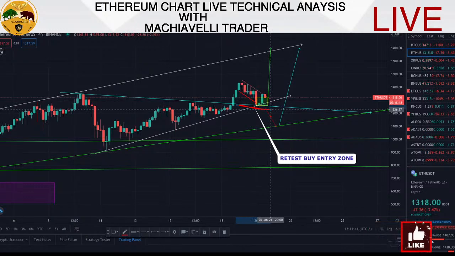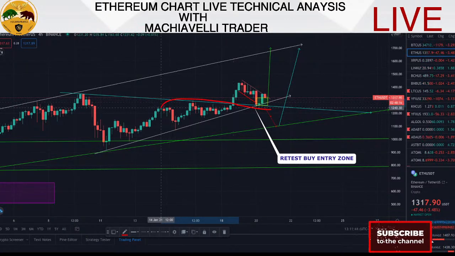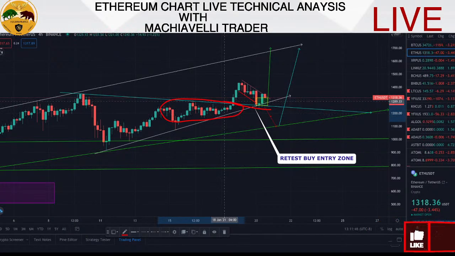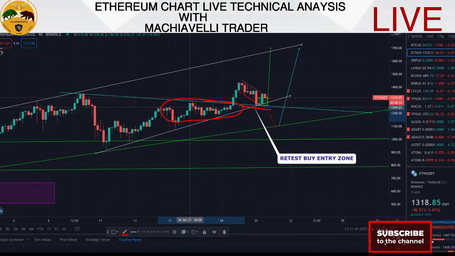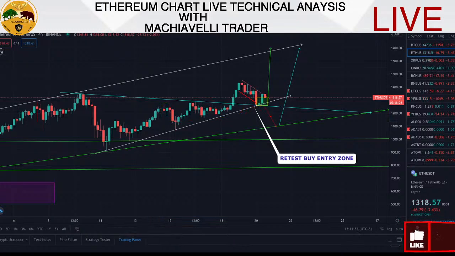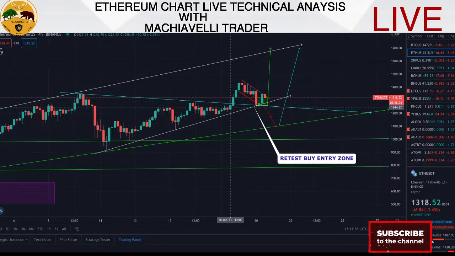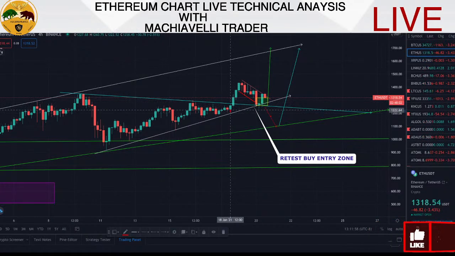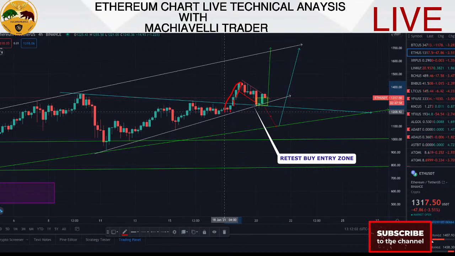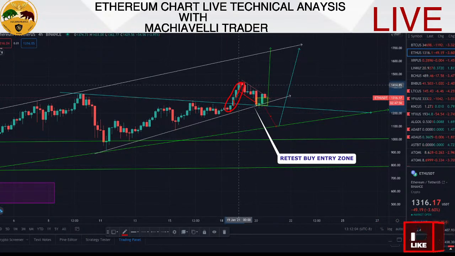Why? Because of this previous accumulation right here, because you see bulls took a while before they were able to break the resistance here, which told you they took their time to gather the buy pressure to actually break this resistance. And you can see the follow through, you can see the clear 4 bars, which are these white soldiers, right?